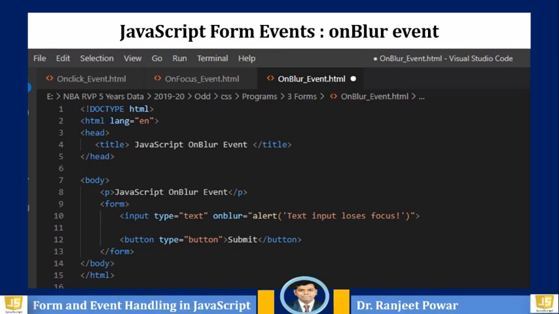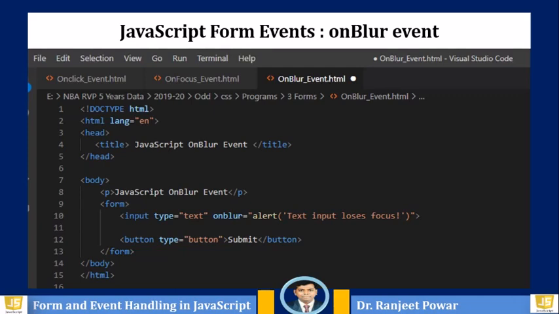Now this is the JavaScript program to handle the onBlur event. This event occurs when the user takes the focus away from the form element. The onBlur event handler is used to handle this event. The following example will show you an alert message when the text input element loses the focus.